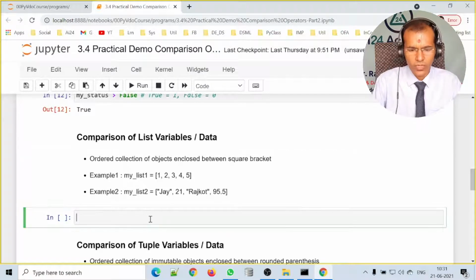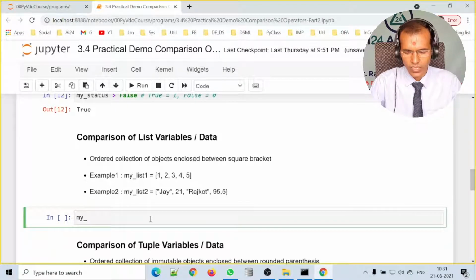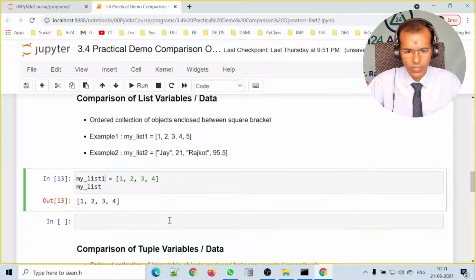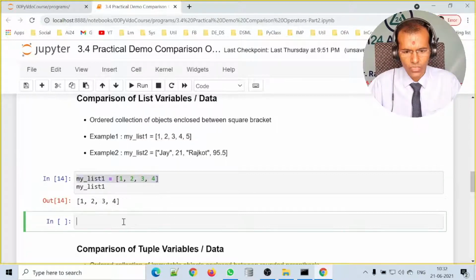Now let us have one list, my_list1, with 4 values within it. Here we have created my_list1, and let us have a second list which is again similar to this one, my_list2. So both are same.